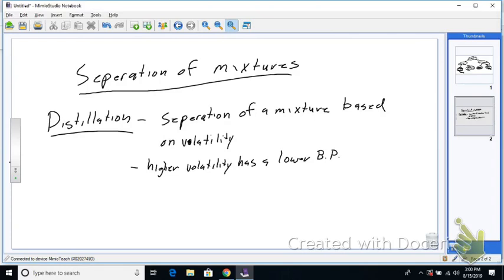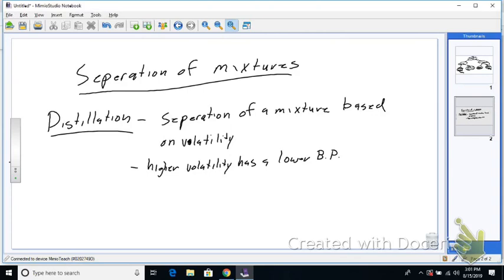I may show you that here as you're doing your lab. I can set up a little demonstration of a distillation apparatus, something really similar to page 29. This is how, for example, crude oil is separated into its different components to be used. So you may use this in your lab. You won't use that apparatus there. If you have a solid that can be left behind, then you can still use distillation.